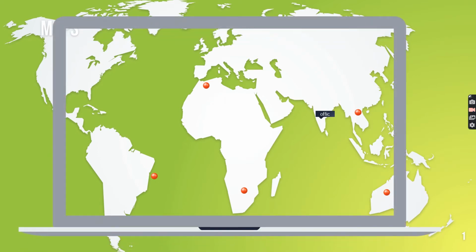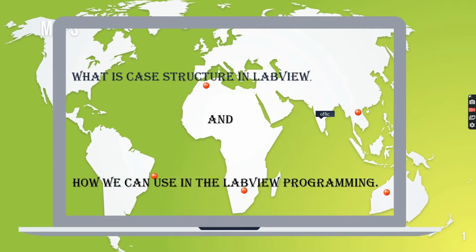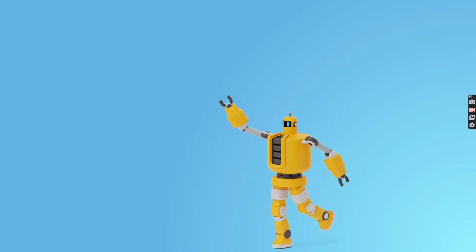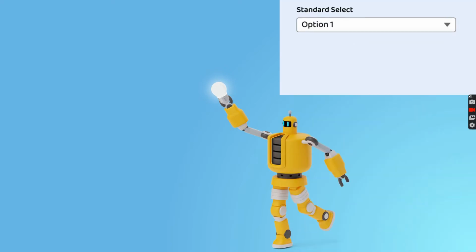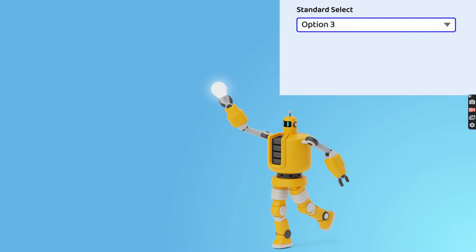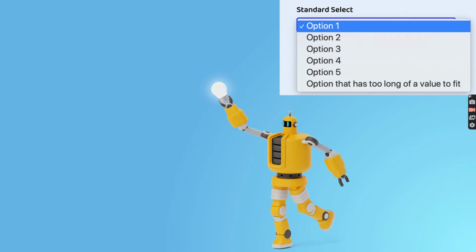In this video, I'm going to explain what the case structure is in LabVIEW and how we can use it in LabVIEW programming. But before going to the LabVIEW window, let's take a look at the switch statement in C and C++ language. In a switch case statement, when we want to select an option from a number of available options, we use the switch case statement.